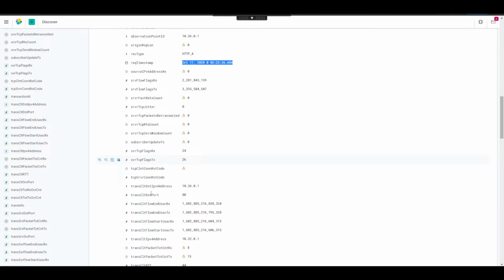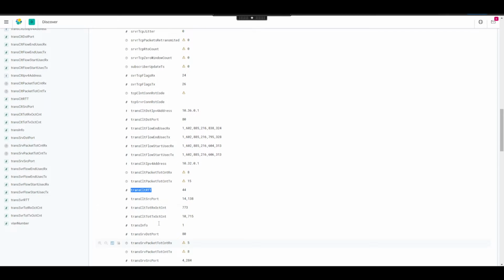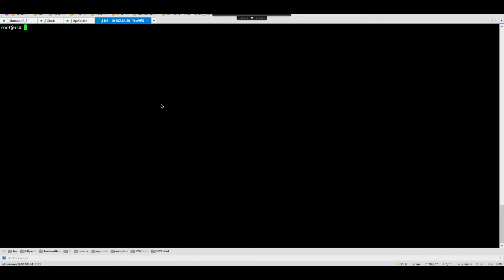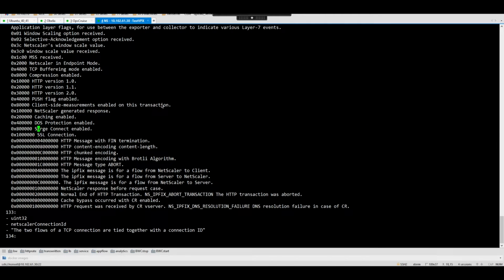So there is a lot of data for us to visualize, create alerts, and to ensure that all the components in your microservice environment are healthy and up. What we have currently seen on the Kibana dashboard was data pertaining to TCP and HTTP. Since Citrix ADC can front-end various application types, we can get tons of information for the various other data protocols. The various fields, their data types and descriptions are available on the Citrix ADC in this particular file.